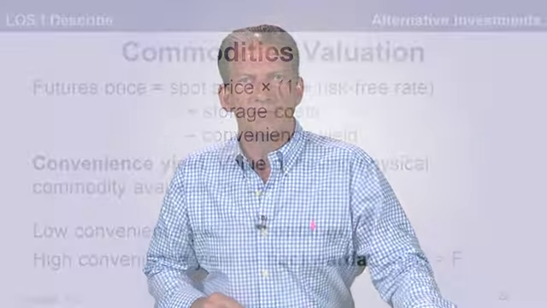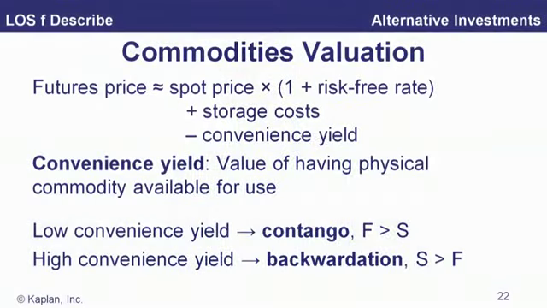Well, commodities valuation, I think you've seen this in derivatives. Futures price equals spot price times 1 plus the risk-free rate. Okay, let me just run through this with you. Be a good refresher if nothing else. Why is that line there? That line is there because in order to deliver the asset in the future, I've got to buy it and store it. And so, at the very least, I have the opportunity cost of the money to buy it, so that's the 1 plus the risk-free rate times the spot price that I pay right now to buy it.